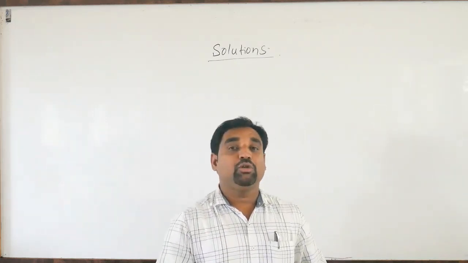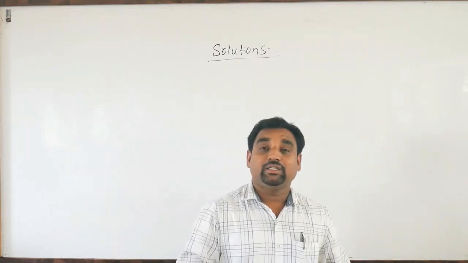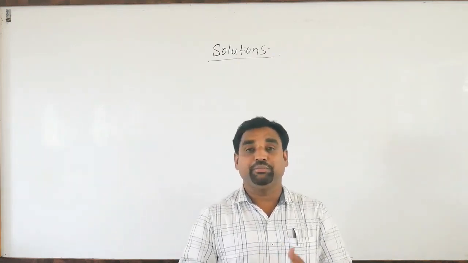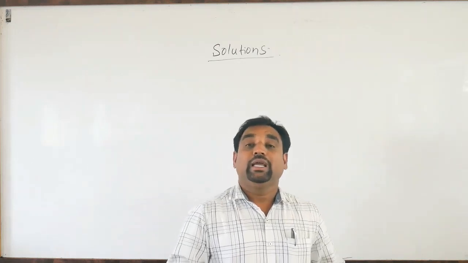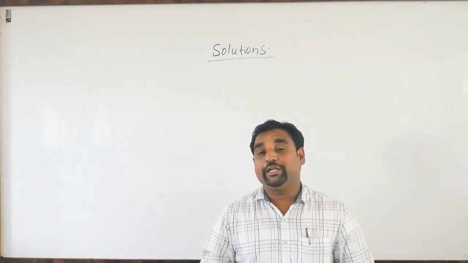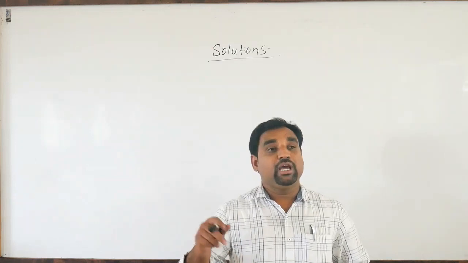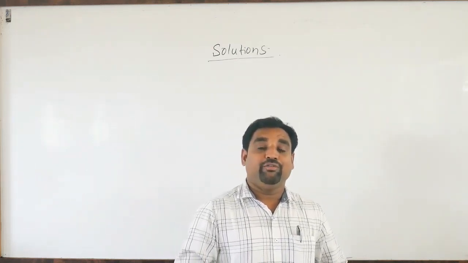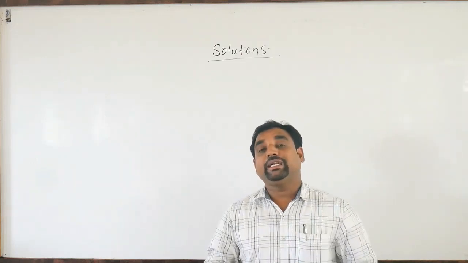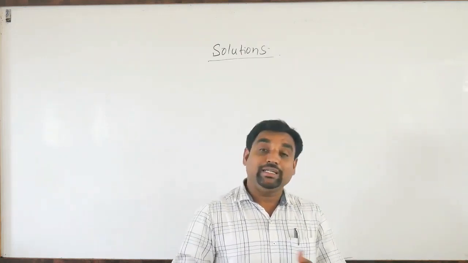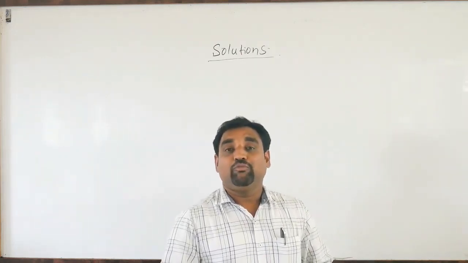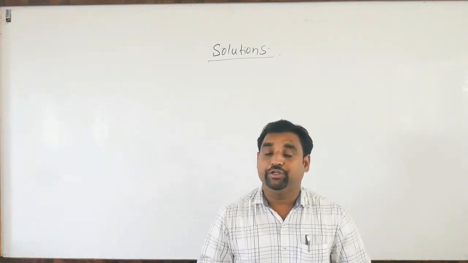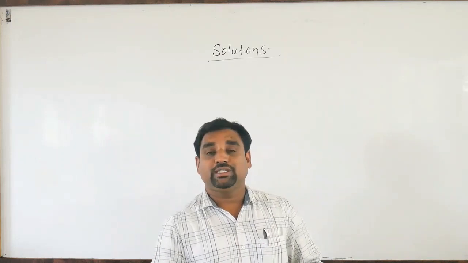And regarding non-reacting solutions, if they have the same solutes like acid or base, in such cases we calculate the resulting molarity of the solution by M is equal to M1 V1 plus M2 V2 divided by V1 plus V2. For the reacting species we can calculate the resulting molarity as M1 V1 minus M2 V2 divided by V1 plus V2. So this much we discussed in the last class.